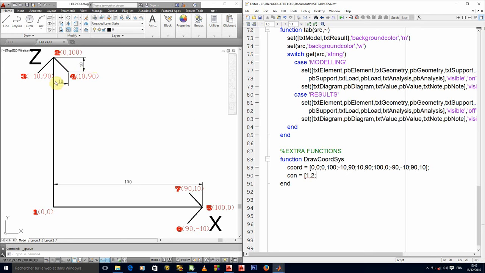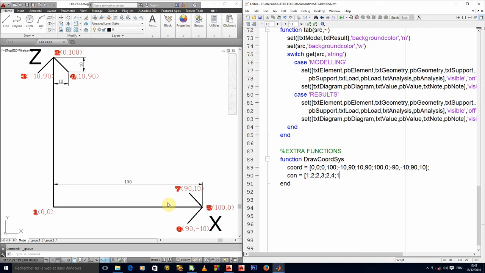The second line, let's call this the second line, will be made up of node 2 and 3, okay? So 2, 3. The third line will be made up of node 2 and 4. So I'll have 2, 4. The fourth line, let's call this the fourth line, will be made up of 1, 5.